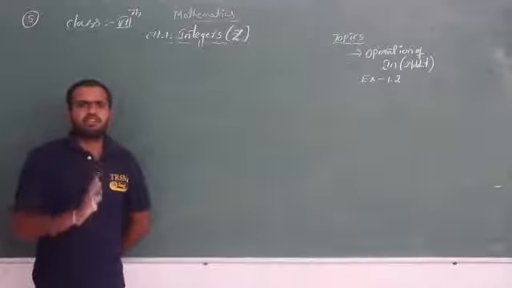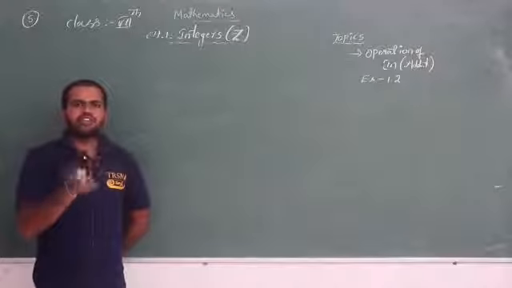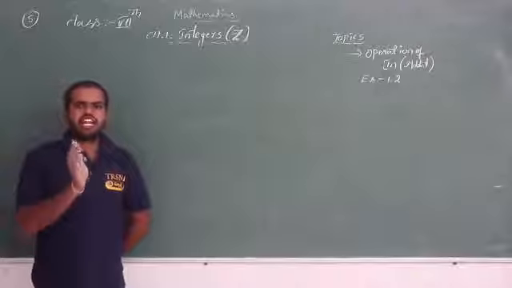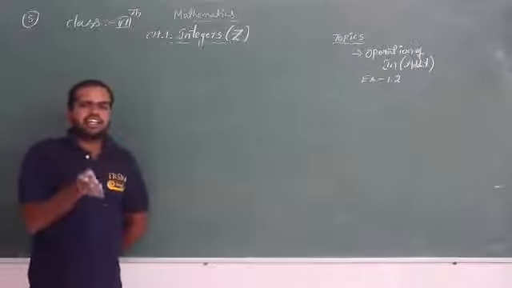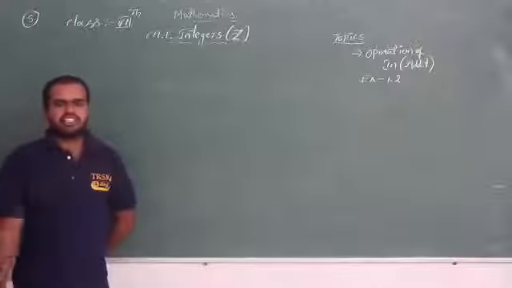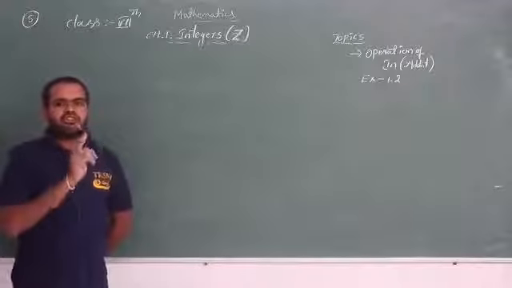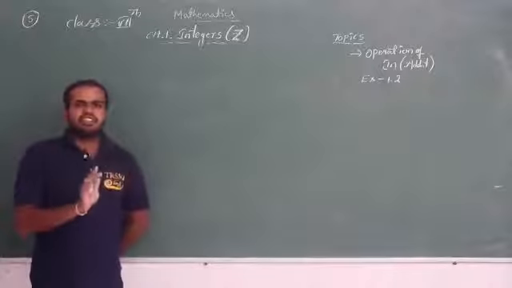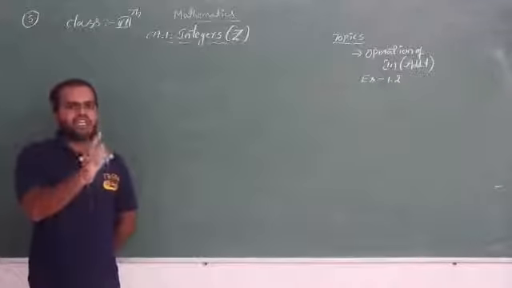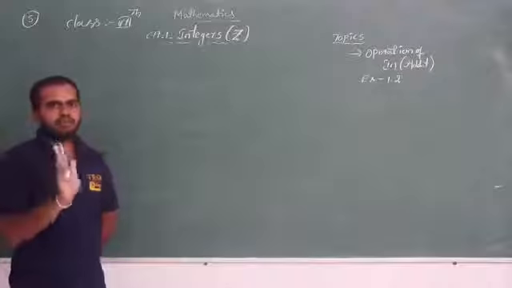What about rule number 2? If you are adding two numbers with different signs, a positive integer with a negative integer, or a negative integer with a positive integer, first we subtract the smaller number from the larger number, then we take the sign of the larger number for the sum. That is rule number 2.